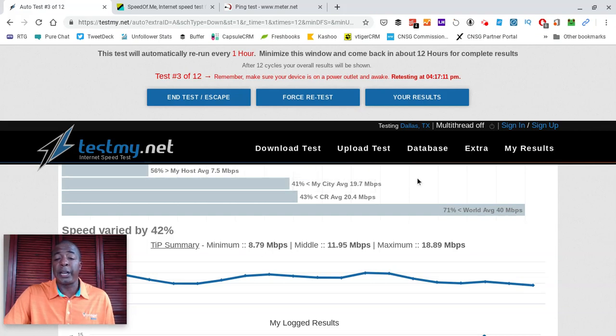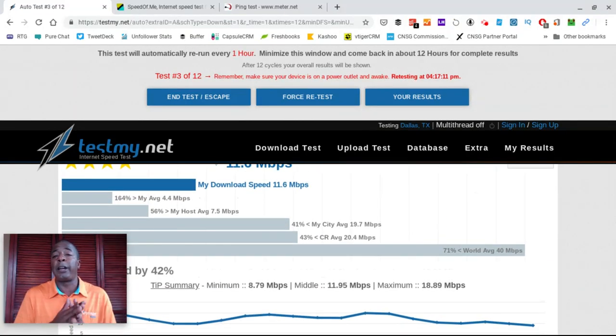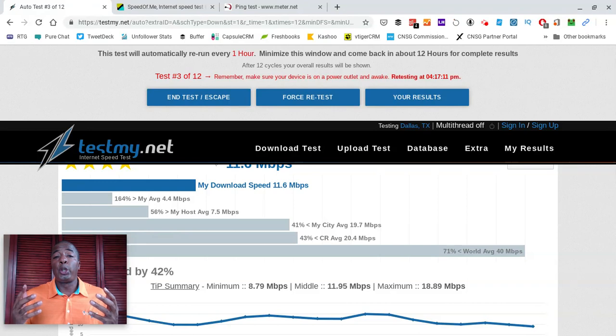Now here's what's interesting. This is actually really good for those of you who may be in an area where you feel like you're paying for a certain amount of speed, but you feel like the other people in your metropolitan area or in your office park, your general vicinity, or in the neighborhood where your home office might be are sucking up your bandwidth. This speed test will also tell you